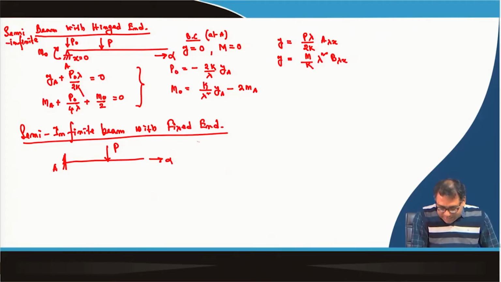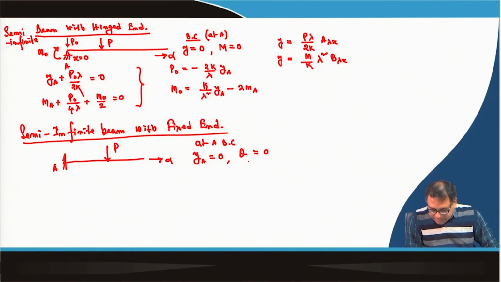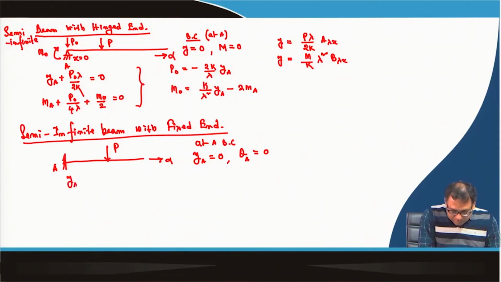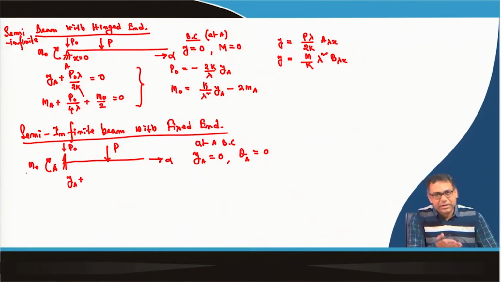The condition is at A, the boundary conditions are, this is the fixed end. So, deflection at A will be 0 and slope at A will also be 0. Okay. So, in the equation I will get the deflection due to the load P, then again there will be end conditioning forces P0 and M0, and again the M0 part will not come into picture,